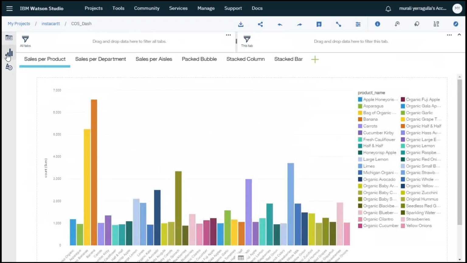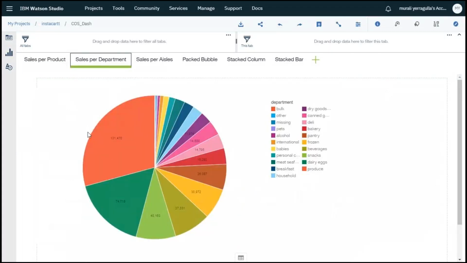So these are the graphs which we have created for our market basket analysis application. The first three tabs will be the raw data analysis, followed with the different graph representations of the frequent item sets which we got from the model. Here we can see the sales of banana are more when compared to the rest of the products in the store. Here we can see after banana, we will be having the bag of organic bananas with a count of 5241. Like this, we can have an analyzation.